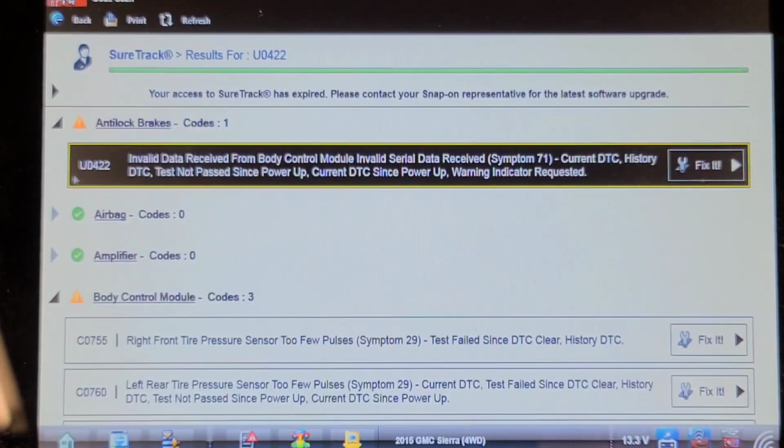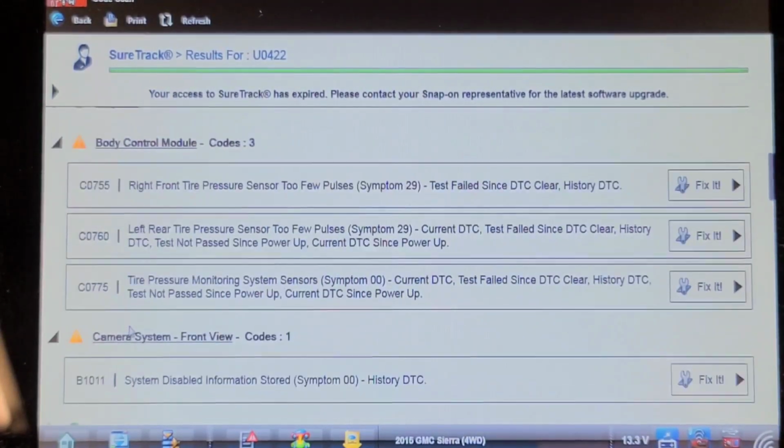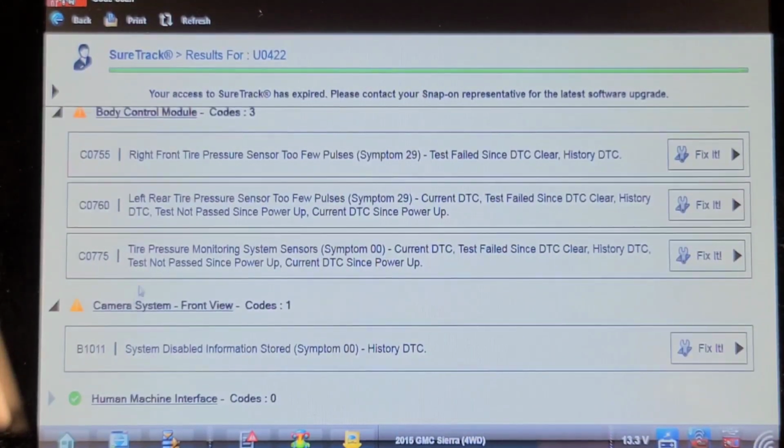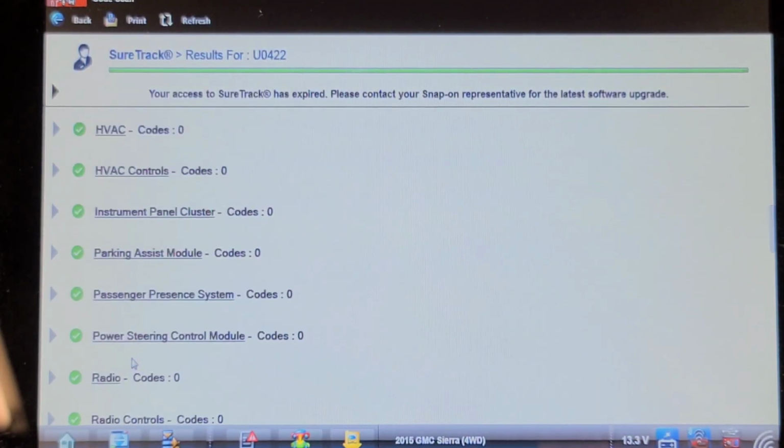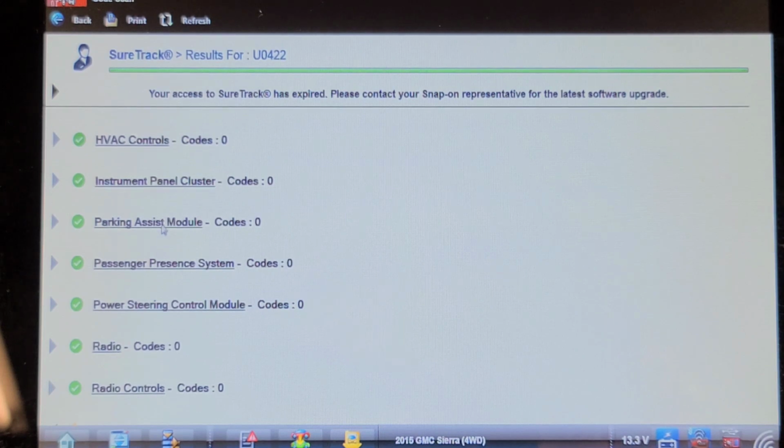I've seen this before on GM trucks. If the tire pressure sensors are dead or not learned or defective in some manner, the ABS module logs a code against invalid data from the BCM. But I'm not 100% certain of that. We'll find out once we change the TPMS sensors. System disabled information stored, B1011, I'm not sure, but that could be why the service parking assist, and there's no